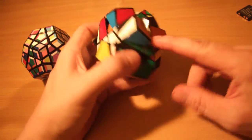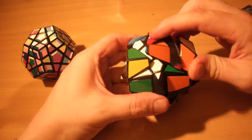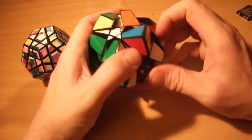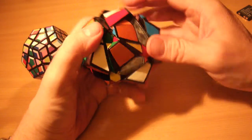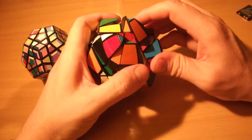So you can see it's on our green face here. So let's just rotate it around there, so it's out of the way. Move it from that green face and bring the green face back, so we're not messing up our currently solved piece. And obviously it's the wrong way around, so we need to flip it. So take it to another center and move it out of the way. And what we're going to do is just